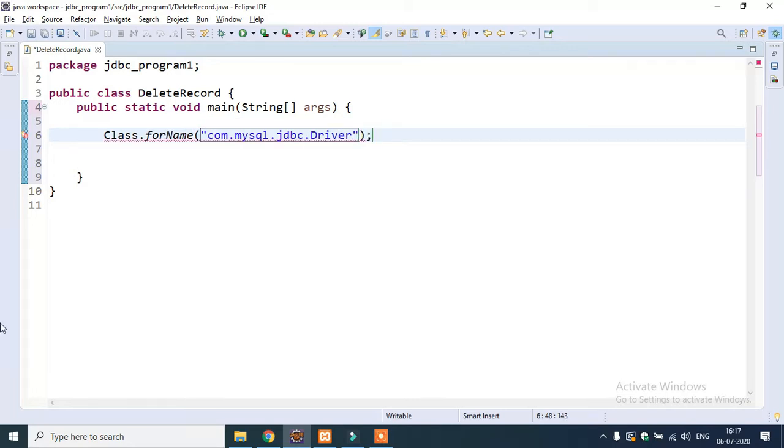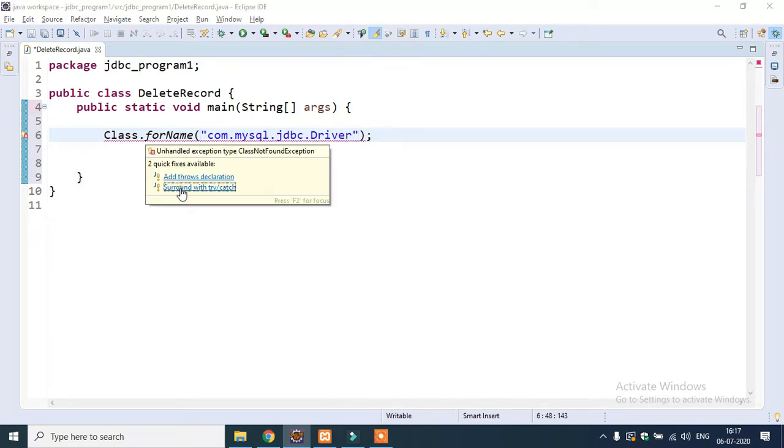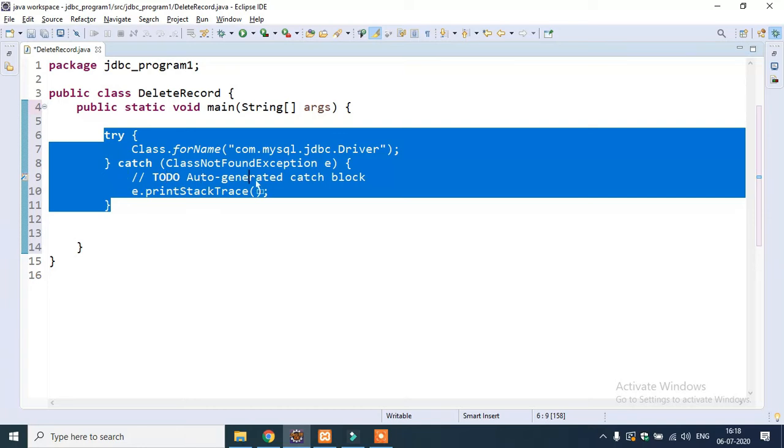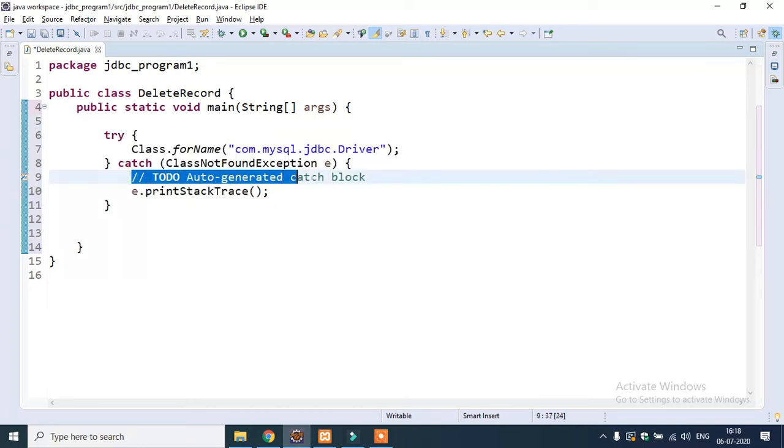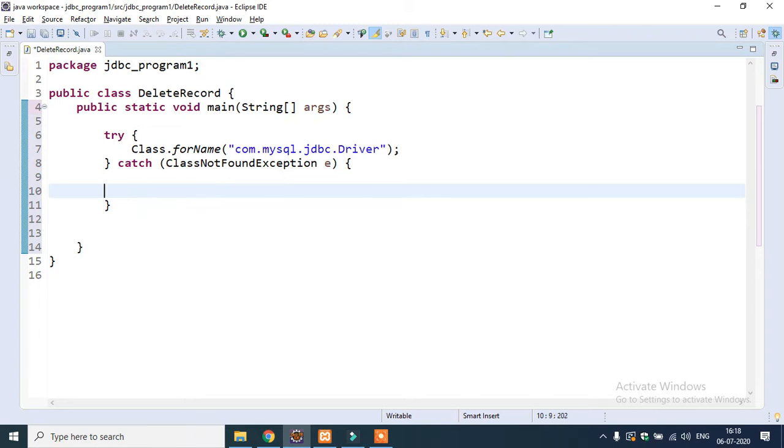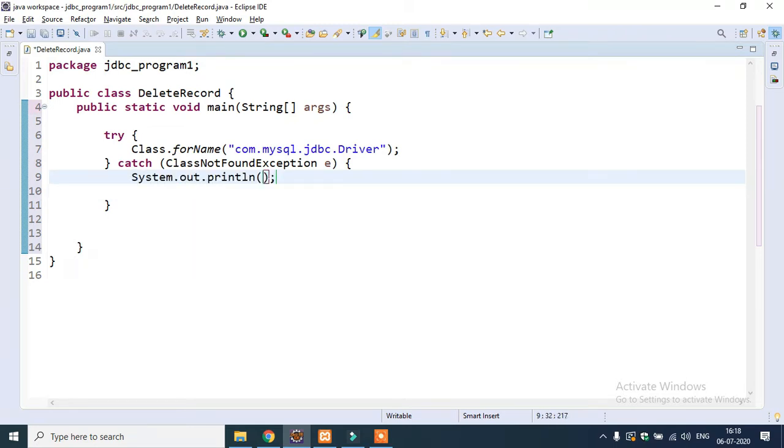Terminate with a semicolon, and it will give you a compile time exception. Better surround it with a try and catch block. Place the cursor over here and you see surround with try and catch block. Remove this unwanted comment, delete these two also, and write System.out.println(e).